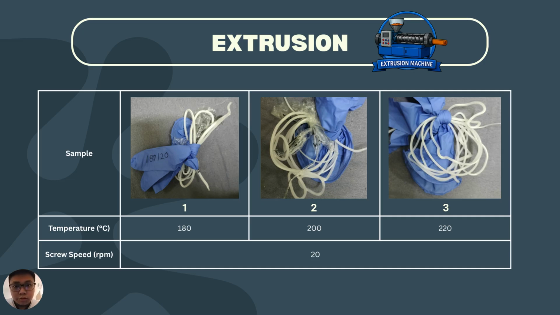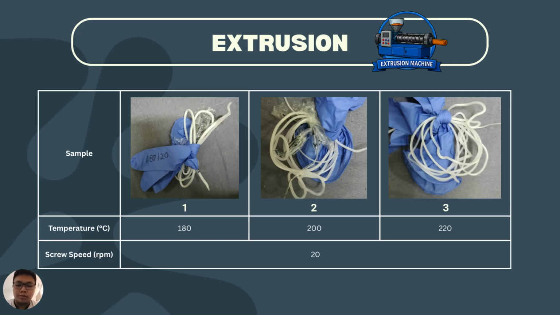Good evening, doctor and my friends. We can look at the first table. The first table summarizes the result of our initial extrusion run. We can see that the sample was processed using a screw speed of 20 rpm. We test three temperature zones: 180 degrees Celsius, 200 degrees Celsius, and